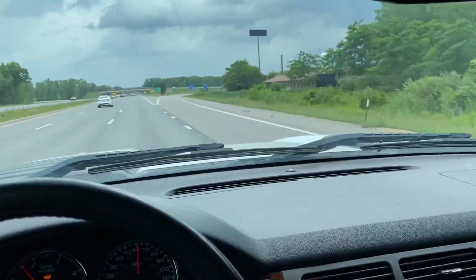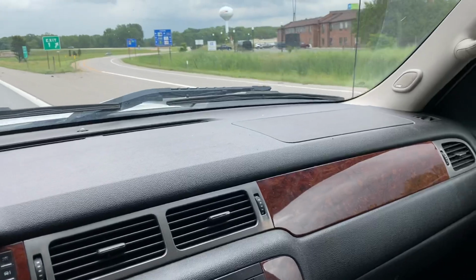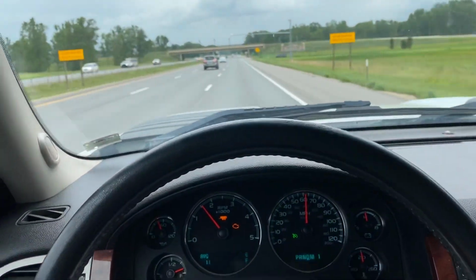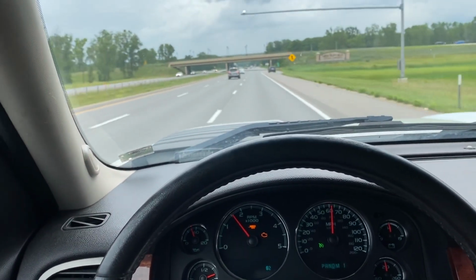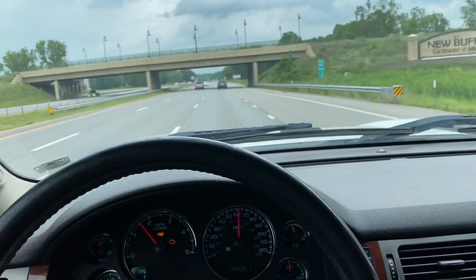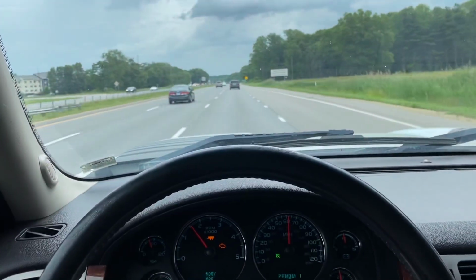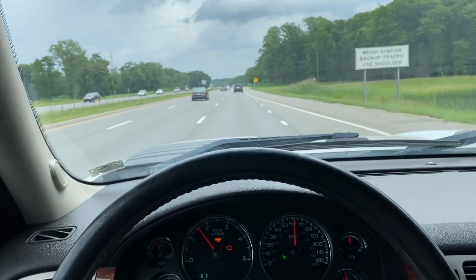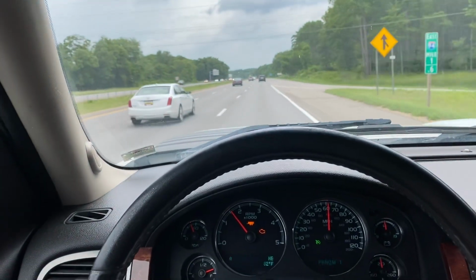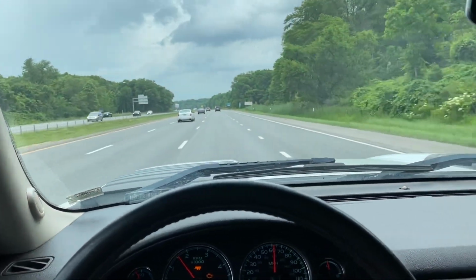This one here, the Duramax, it's a highly competent truck, but you don't tend to fall in love with it. The sound of the engine doesn't give you the type of sound that the Cummins gives you, or like our 3.5 EcoBoost in the F-150, or like a lot of other engines and a lot of other vehicles we own. It doesn't give you that sound that tells you it loves what it's doing. This thing sounds like a delivery truck. It sounds like it'll do the job. It's not going to complain, but